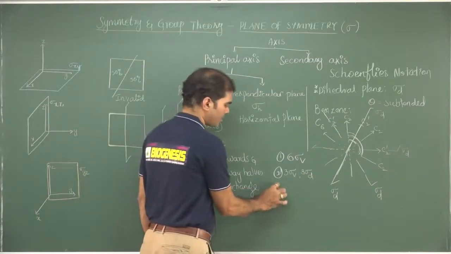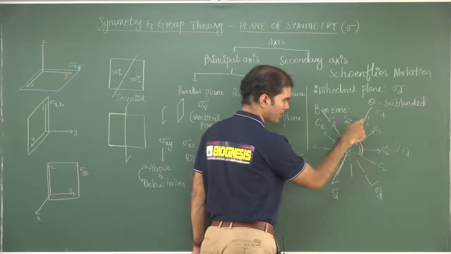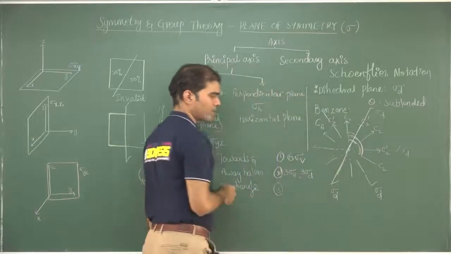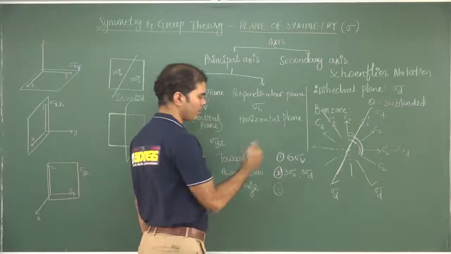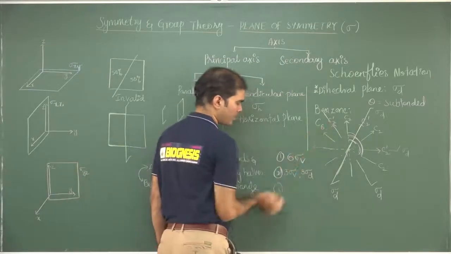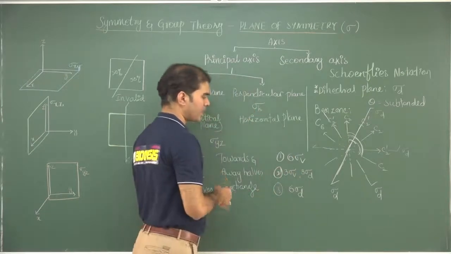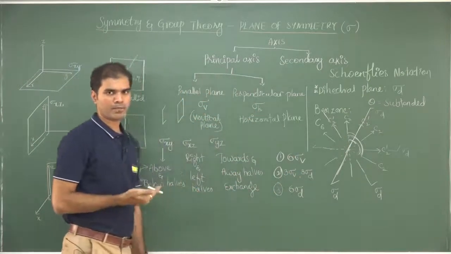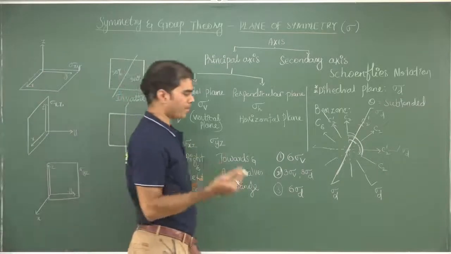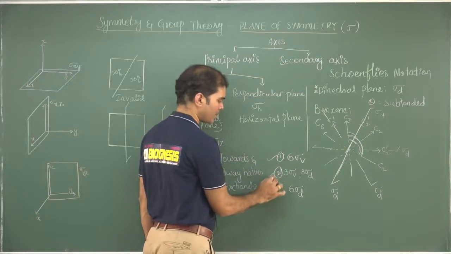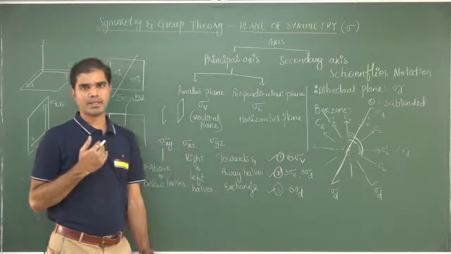But the third convention says, if I am considering these C2s for dihedral planes, I can also consider C2 primes for dihedral planes, because the definition says so. Then all the planes parallel to the principal axis would become sigma d. Which convention should I follow? Should I go by 6 sigma v, 3 sigma v and 3 sigma d, or 6 sigma d? That is up to you. I can follow this, this, or this convention, because symmetry is our understanding.